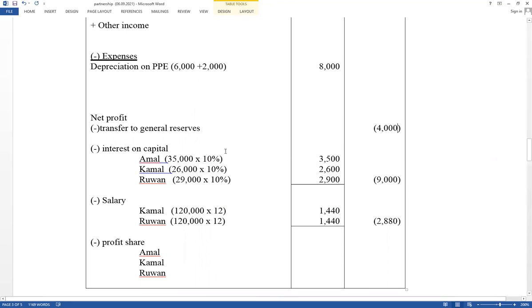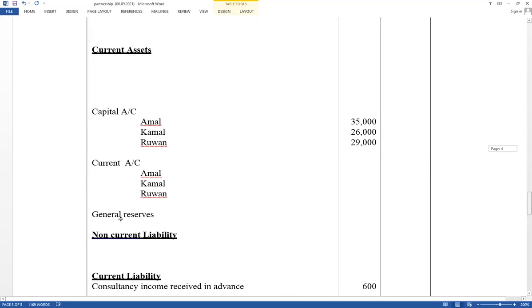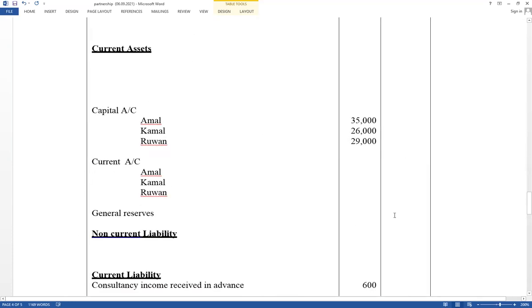After deducting that, the remaining answer is what is shared as interest on capital, salary, profit share. And that value should be included under equity as a general reserve. Financial position: capital account, current account, after that as a general reserve, last column, value equals 4,000. Part of equity. Therefore, equity of the partnership includes capital accounts, current accounts, as well as reserves if available. Also part of equity. Next one.